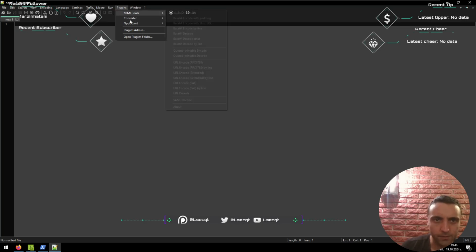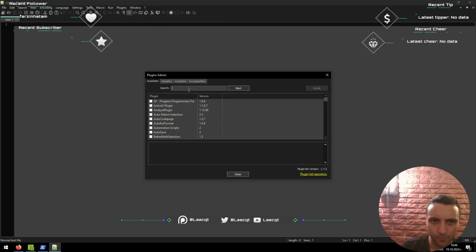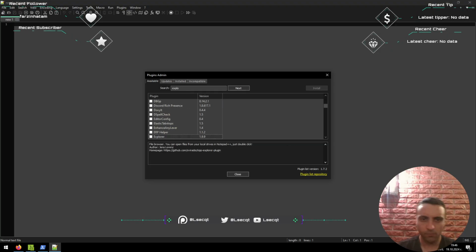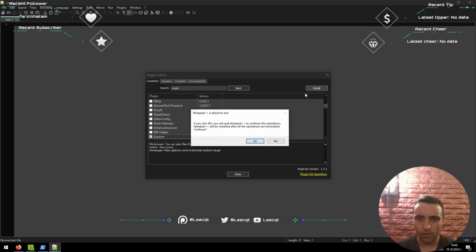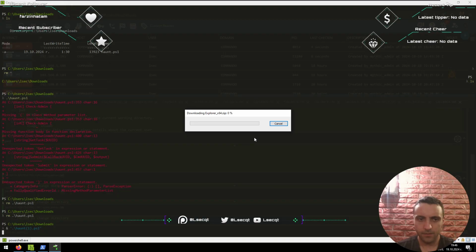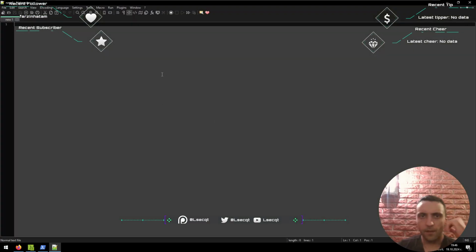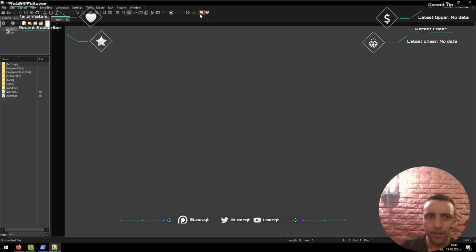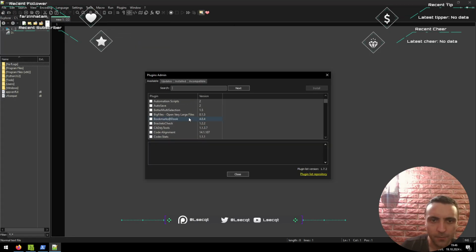Let me open Notepad++, and actually here I found a super OP thing about Notepad. So you can go to plugins, then you can go to plugins admin pretty much, and then here type Explorer. Then just install that thing, yes. Restart Notepad, run it again, and now see that window here? Click it, boom, you have the file system. So Notepad++ is for real becoming my favorite text editor from all of them. I'm not sure how many plugins it has, but see it can do a lot of stuff, like Java plugins, JSON tools,